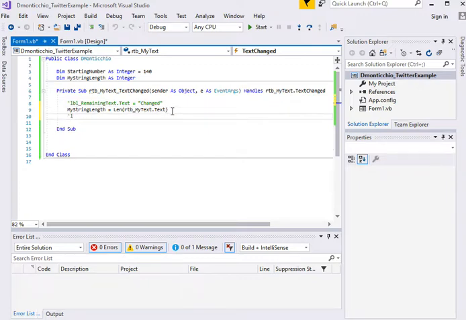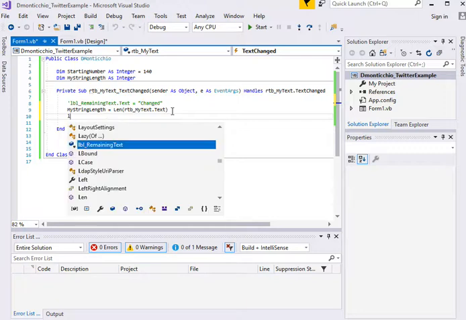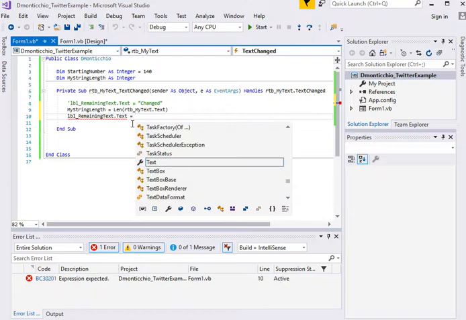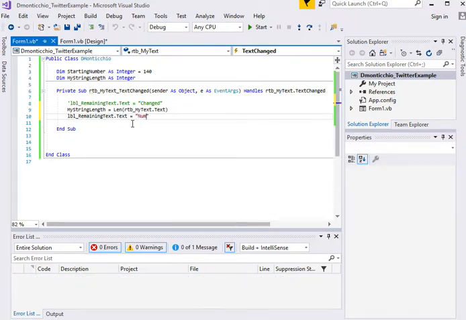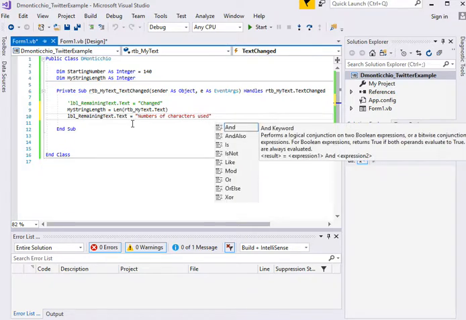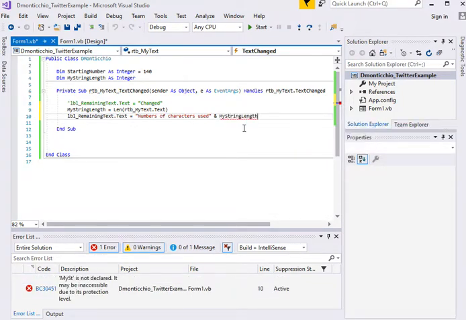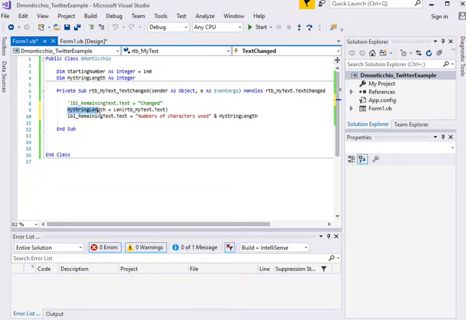And to test this out, I'll use myself an lbl main text dot text equals, I don't know, let's say number of characters used, and put an and sign, and my string length. Why my string length? Because my string length is equal to the length of my text box. So it should return this number. So it should work that way. So when I hit start,